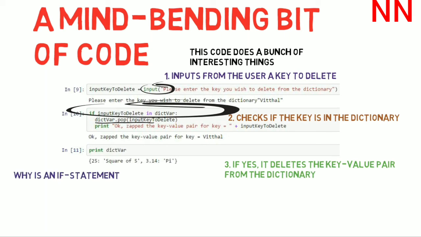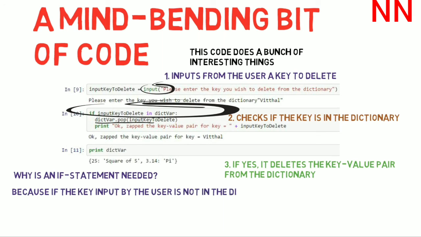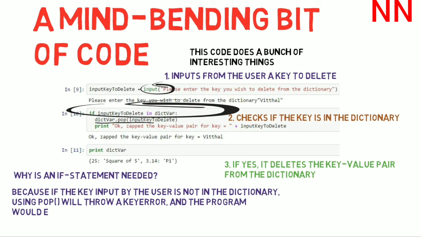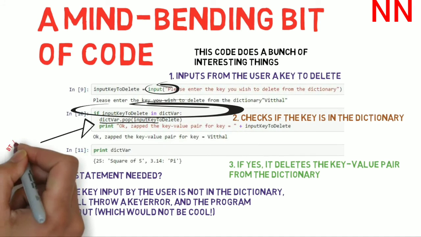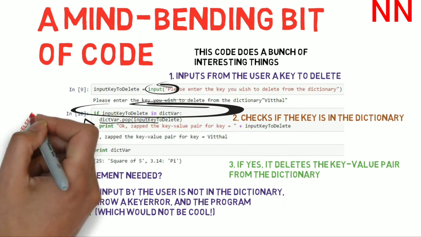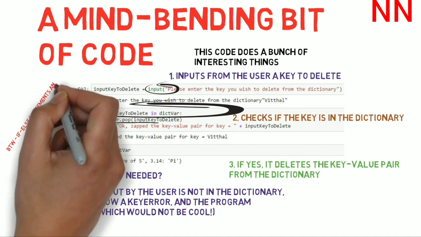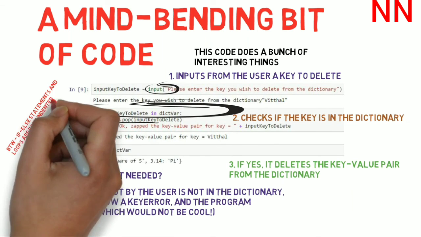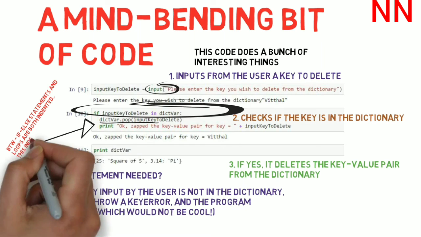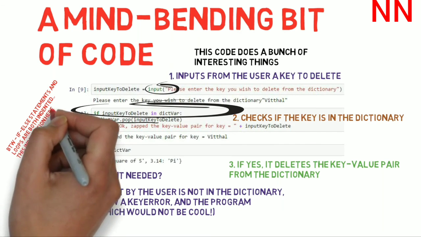This way we can avoid a key error in case the user inputs a key which doesn't exist in the dictionary. By the way, notice how the statements inside the if statement are indented. In Python, both for loops and for if-else statements, and when you define a function as well, this indentation is critical. If you don't